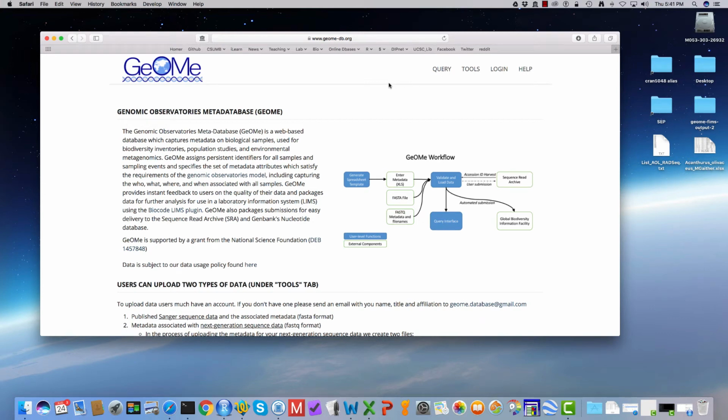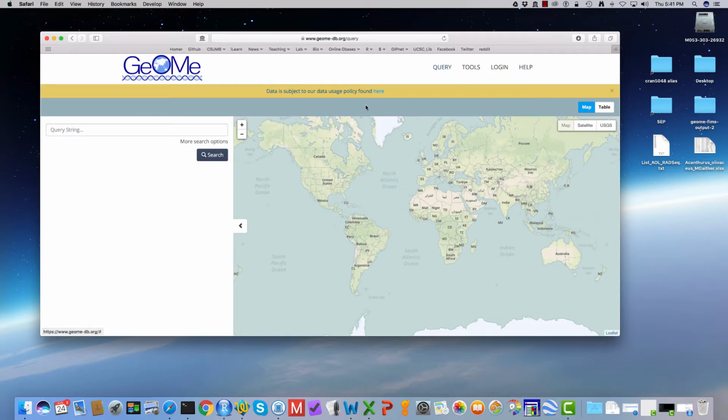Welcome to GeOMe. This is the demo about searching and downloading data from the database. So obviously for that, I'm going to come up here to the query tool,